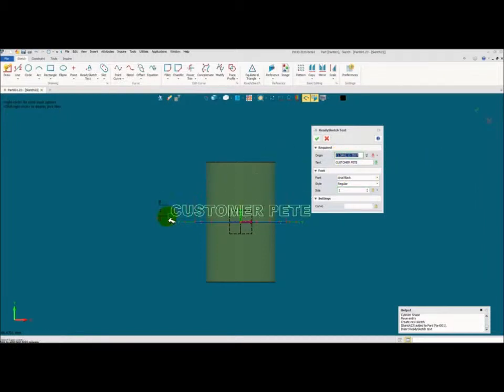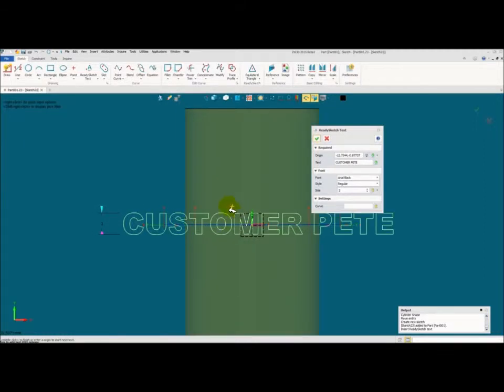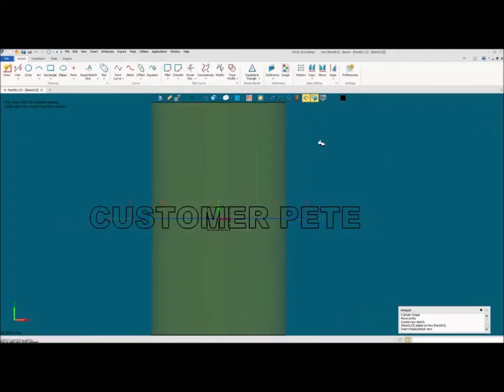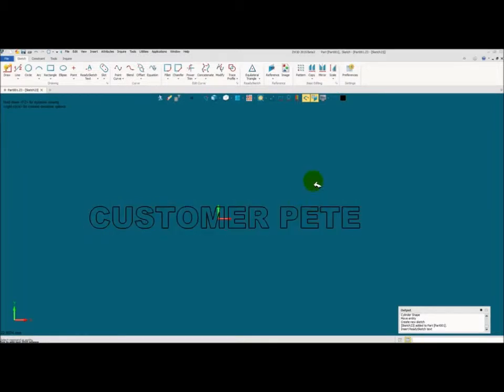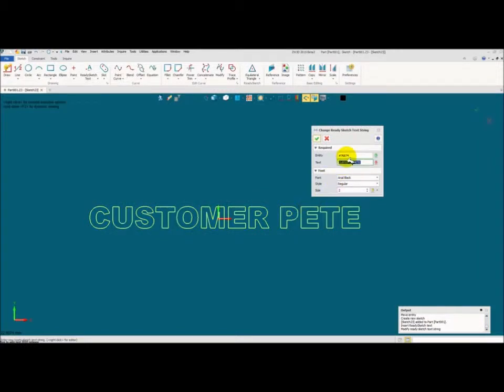and we'll just put it in right about here. We'll eyeball it. And OK it. Okay. What you'll see, if you hover your cursor on top, it's highlighting the entire text that you brought in at that time. Okay. So while you're in the sketch environment, you can just double click it and you'll see it's